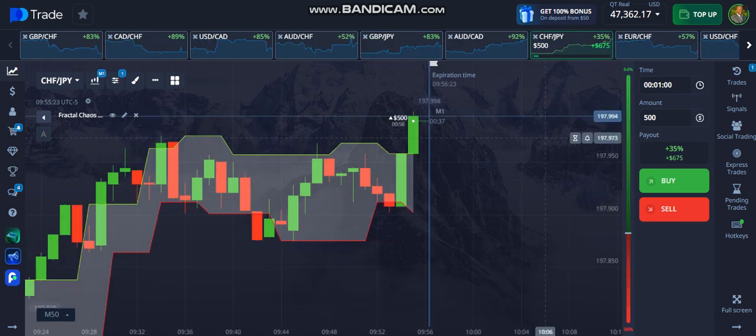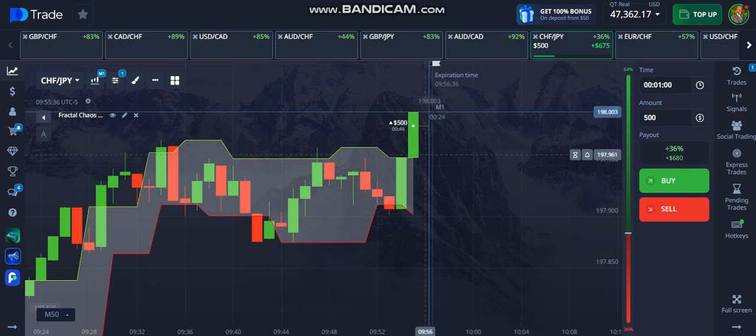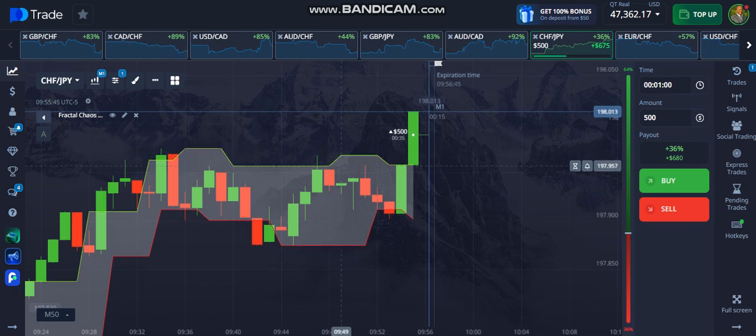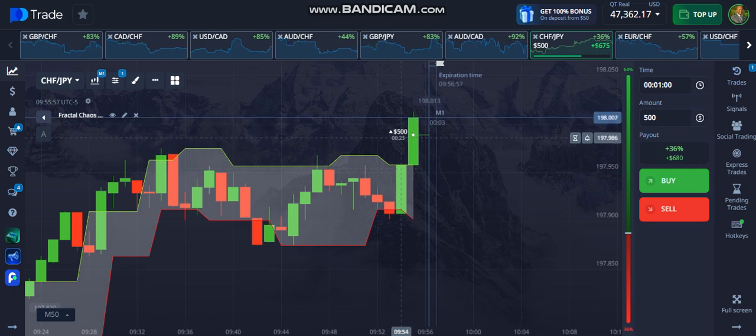Okay, so I'm on the Swiss franc Japanese yen currency pair, and I took a buy trade here. And the reason why I took the buy trade here is if you see the candle here, it pushes outside the upper boundary of the Fractal Chaos band. It also breaks the two previous levels of support just above here, and this suggests that there's a bullish breakout to the upside. So I went ahead and took the trade before the candle even closed because I anticipated that the candle was going to close